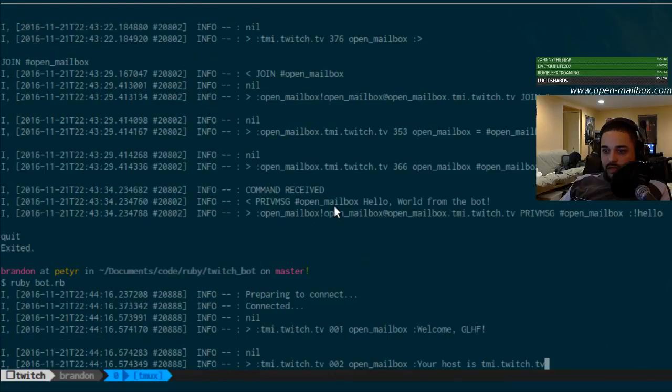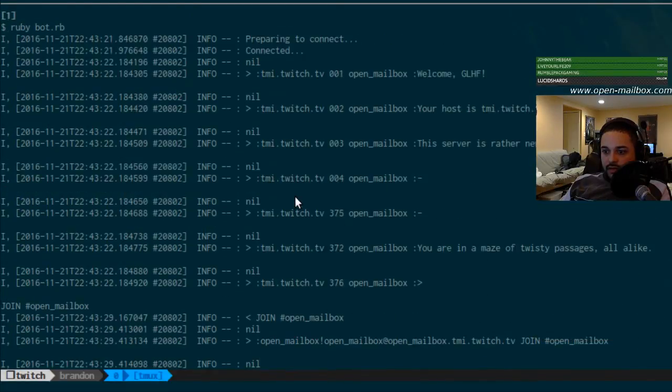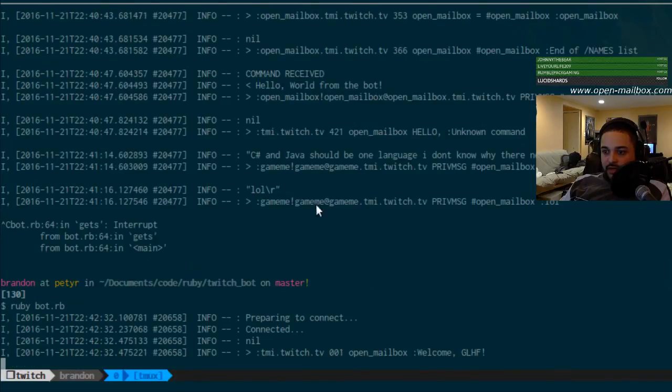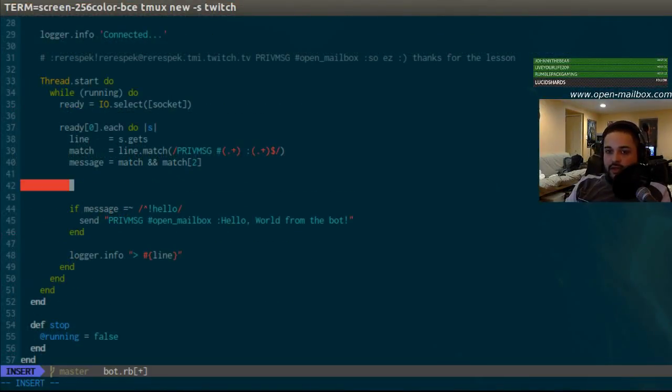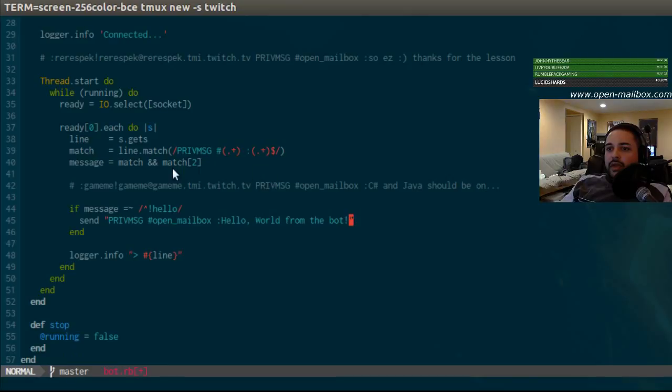Let's get a better example here. Someone was saying some stuff up here. Right, here we go. So this is Game Me. This is something you said. Let's paste this in here for reference. We parsed out everything, so right now we're not capturing who said the thing. We're only capturing what was said. So beginning of the line, we'll have some kind of username, followed by a bang, followed by some other stuff.